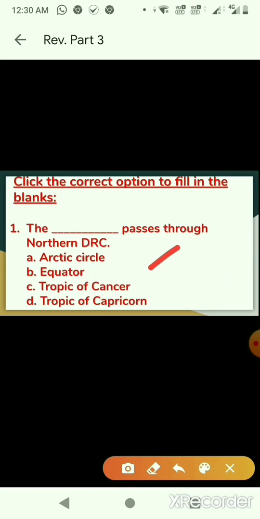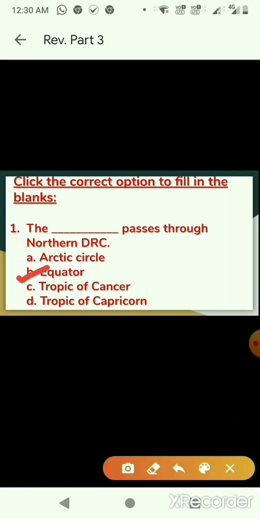A. Arctic Circle, B. Equator, C. Tropic of Cancer, and D. Tropic of Capricorn. So children, which is the correct option? Yes, option B is correct. So you just have to click on B, that is equator.